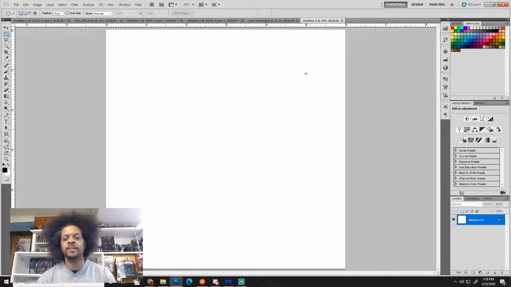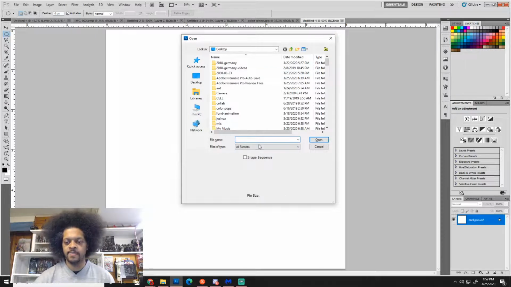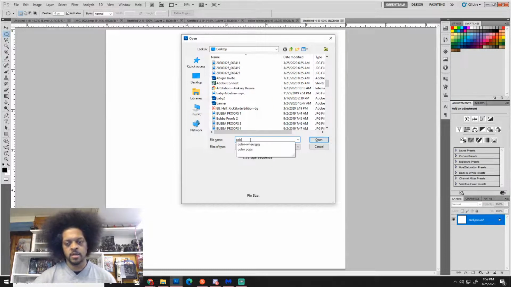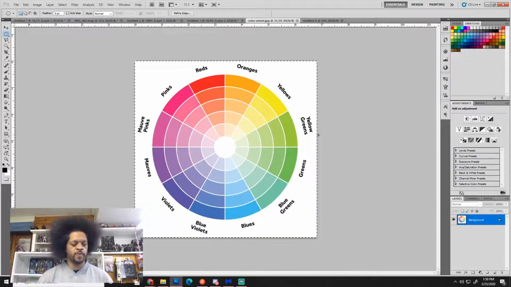Then you need to open up the color wheel. So it's Command or Control O. Then type in if you know what it is, or you can search it. I know what mine is. Color wheel. Click it, and then click Open, and it opens this up, right? Once it's open,